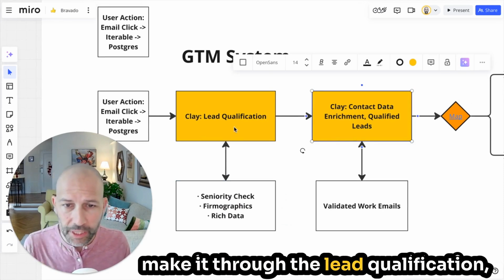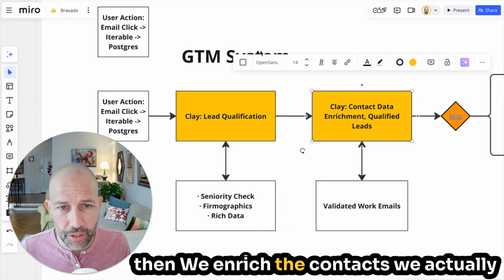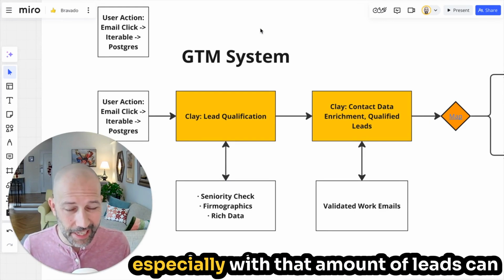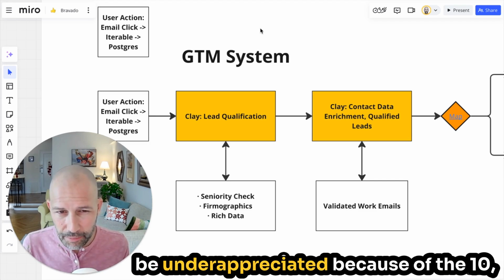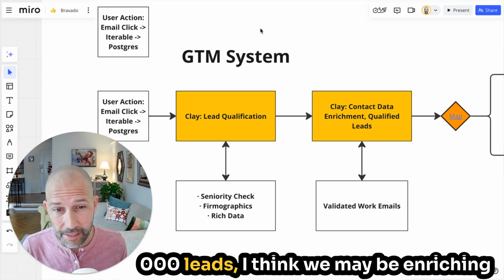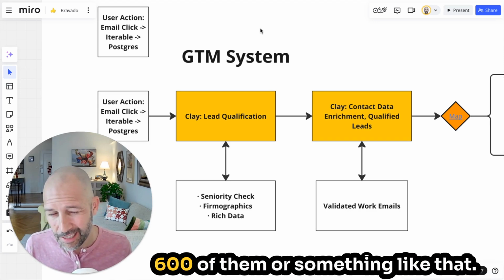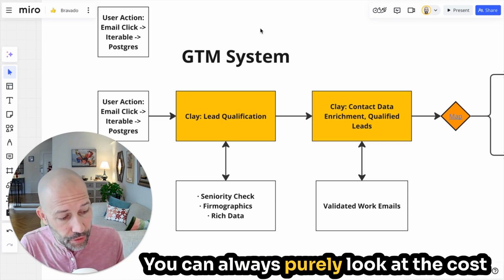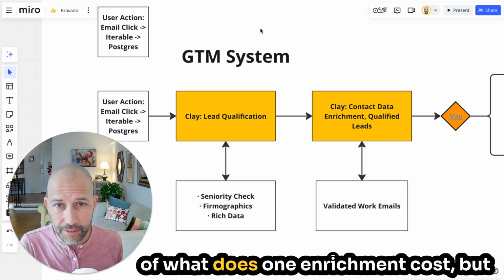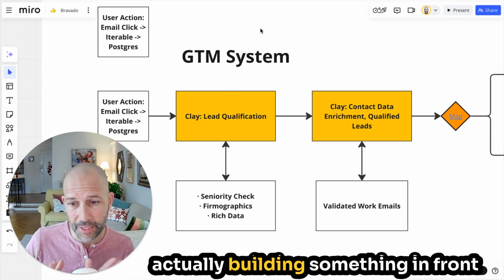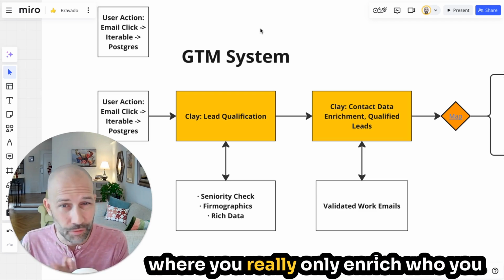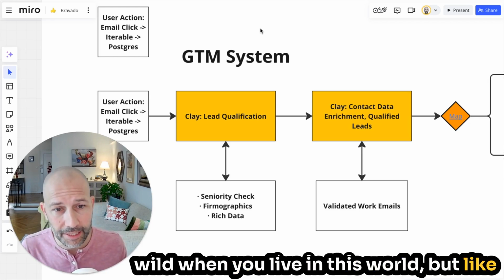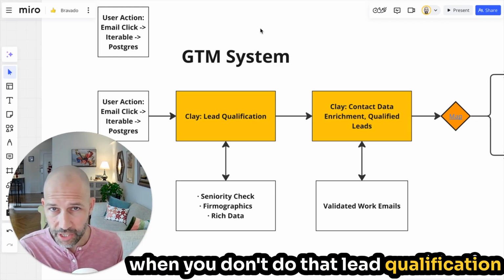Those that make it through the lead qualification, then we enrich the contacts we actually want to reach out to, which is a really important element. I think, especially with that amount of leads, it can be underappreciated, because of the 10,000 leads, I think we may be enriching 600 of them or something like that. So in terms of cost, you can always purely look at what one enrichment costs, but actually building something in front where you only enrich who you really want to talk to is valuable. It's not so wild when you live in this world, but when you don't do that lead qualification ahead of time,